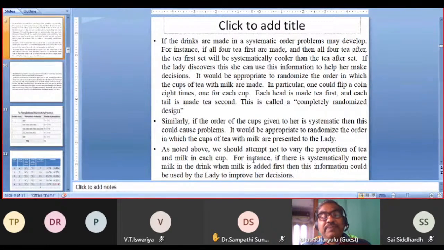for instance, if for all four T, for instance, if for all four